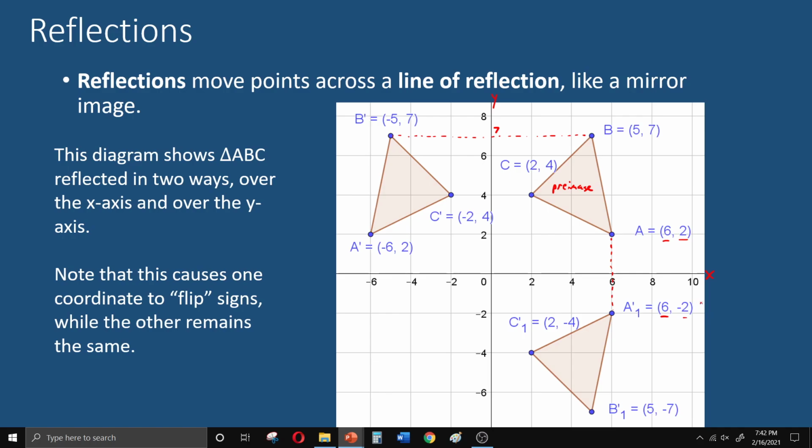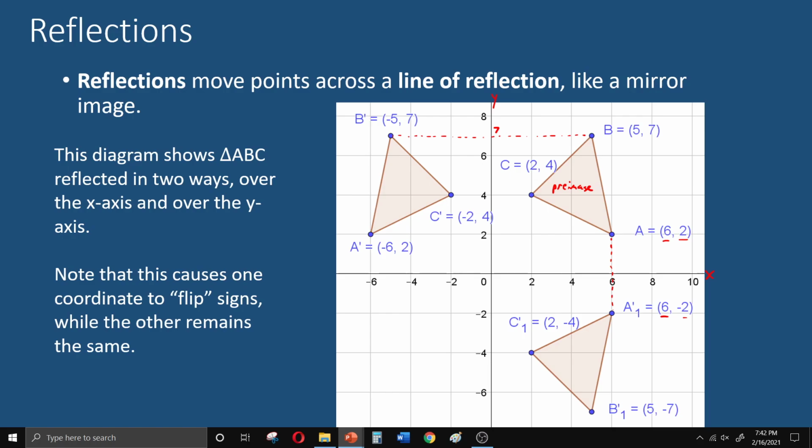You can memorize that if you want. I've had students who say, okay, if it goes over the y, then the x-coordinate's going to flip. I think it's just as easy to draw a picture if you can't remember. Oh yeah, the y-coordinate's going to stay the same. Okay, that works better for me, but however you do that, that is one thing you are responsible for